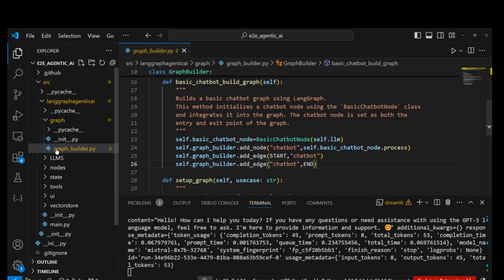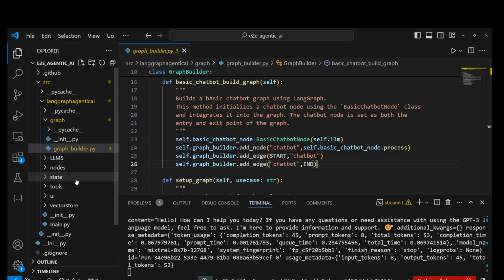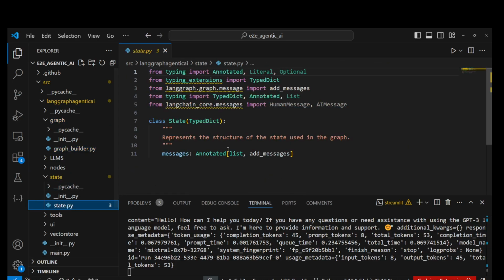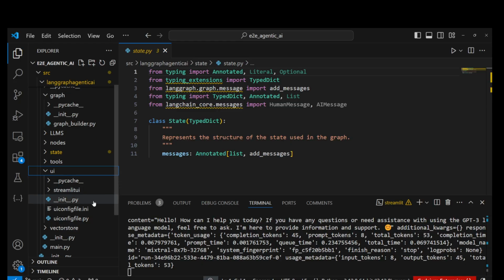So this is the high level construct of the graph. And this graph will be maintaining a state, right? The state will be responsible for maintaining all the states, which will get a response from different nodes. And in the UI, simply what we are doing,